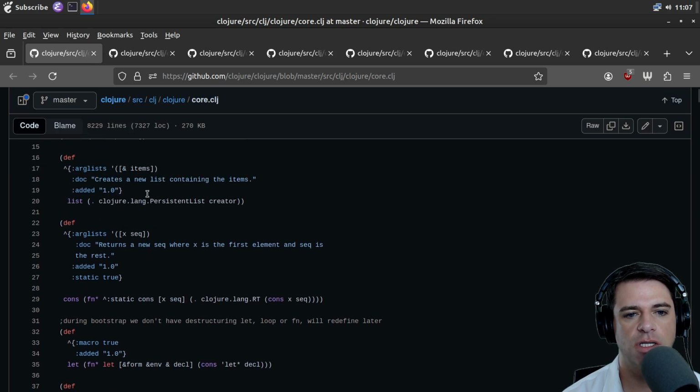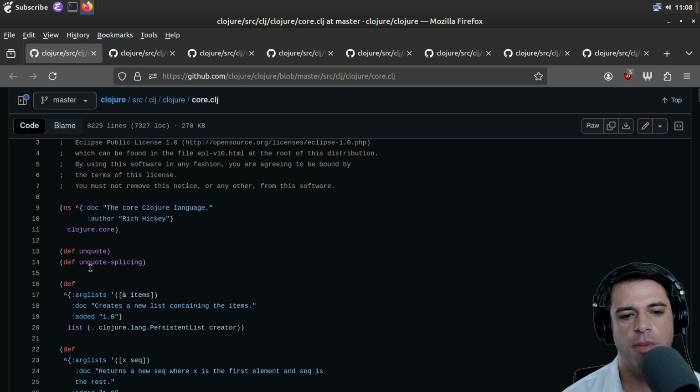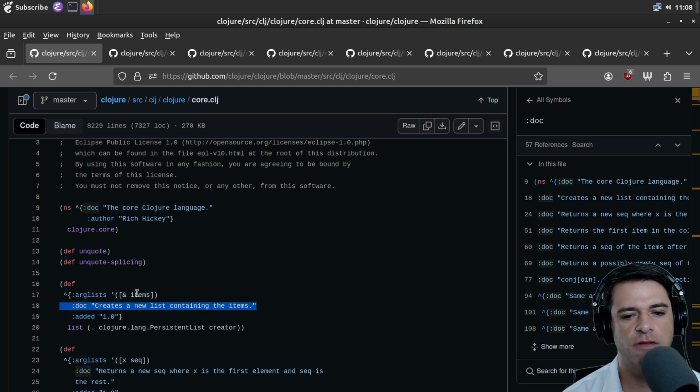Here's core.clj. This looks like a command line parsing thingamajig. Maybe we're defining some stuff. Maybe this is just notation. Args list. This is like documentation for the function. This function creates a new list containing the items. And added. Maybe this is a version of Clojure. It was added. So what's the function name?